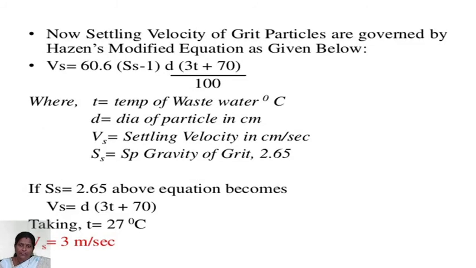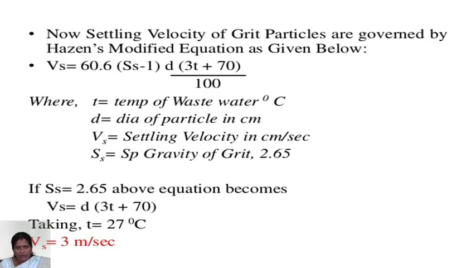Now, settling velocity of grit particles is governed by a modified equation as given below. Vs equal to 60.6 into (S suffix s minus 1) into d into (3T plus 70) divided by 100, where T is temperature of wastewater in degree centigrade, small d is diameter of particle in centimeter, V suffix s is settling velocity in centimeter per second, S suffix s is specific gravity of grit, 2.65. If S suffix s equal to 2.65, the above equation becomes Vs equal to d into (3T plus 70),